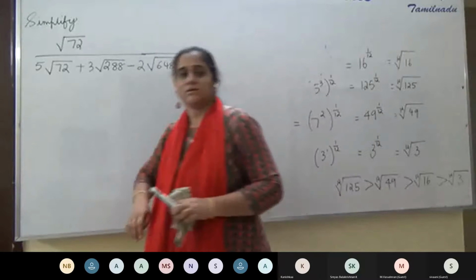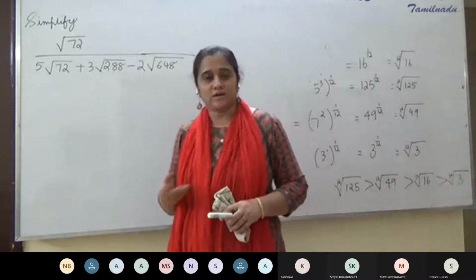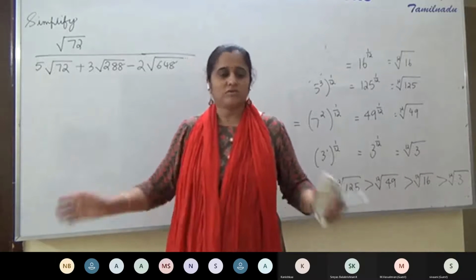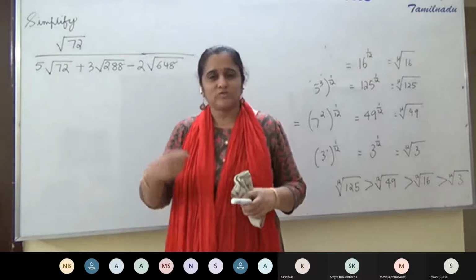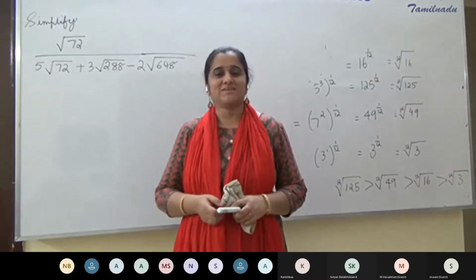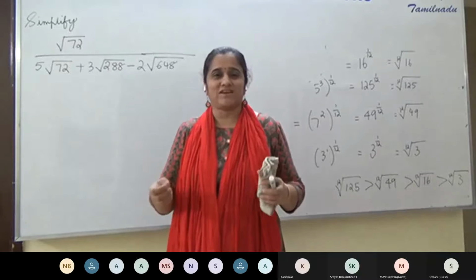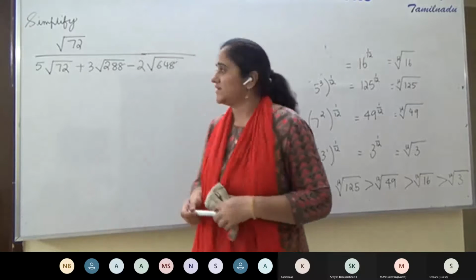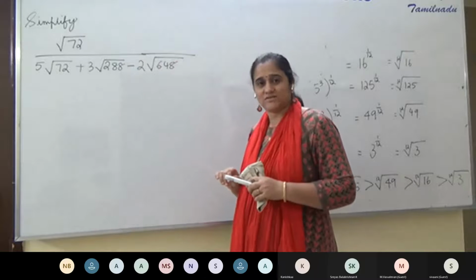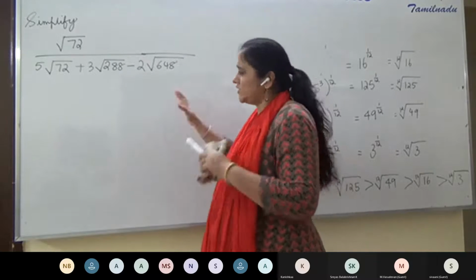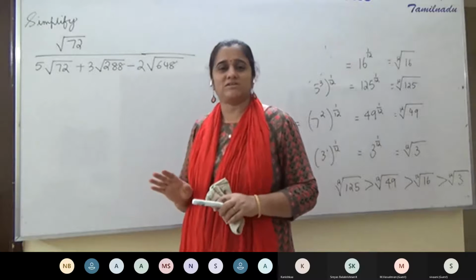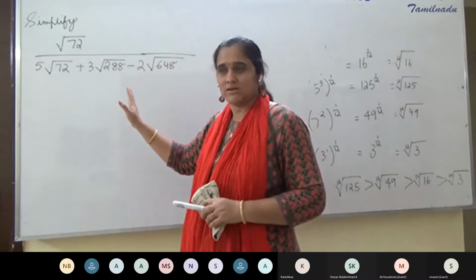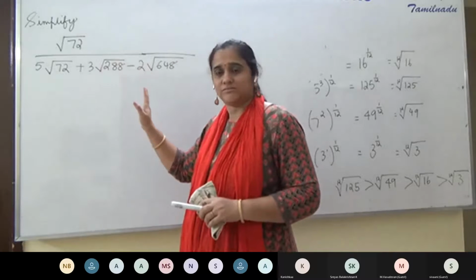If you cycle to school, you cannot just take off like that. You first need to check that the tire is not punctured. You press and check, and check whatever little things to see if the bike is in order, and then you take it off. Similarly, when you have to start a simplification process, you cannot just assume it's going to be rationalizing the denominator and start off like that. Just look at the various things in the expression.